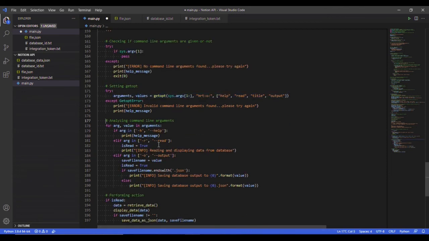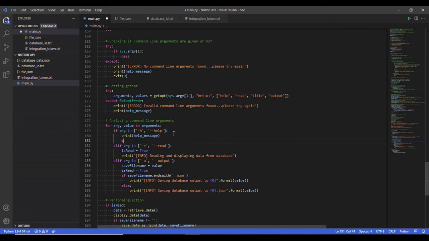Okay, and here we are analyzing the arguments. If the user enters help, display the help message, and again we will add one more line here so that after the help message the program should exit. Second, if the user enters read, this means that read will be true and it will display information that they are going to read data from the database.